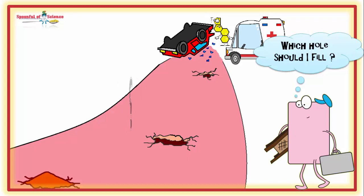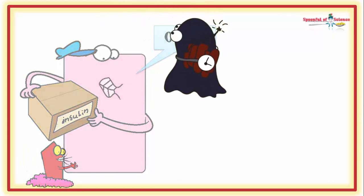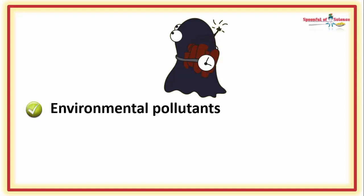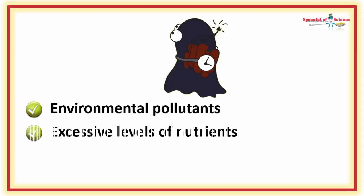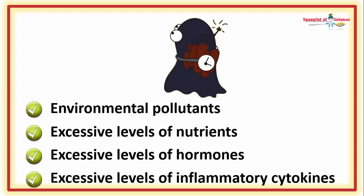Which brings us to the question, why are they taking strain? Well, in a word, bad body chemistry. High levels of toxic chemicals circulating in the blood increase the odds they suffer irreparable damage. Now, problematic chemicals include environmental pollutants, such as those that you encounter if you smoke, excessive levels of nutrients, such as sugar and free fatty acid, excessive levels of hormones, insulin is particularly problematic,